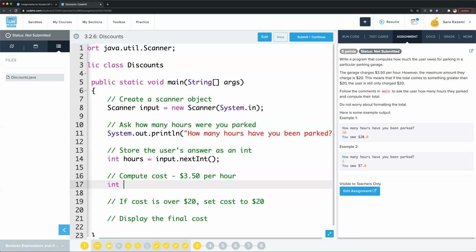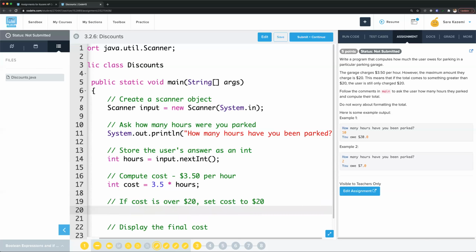So first, let's compute the cost. So I'm going to say int cost gets, so it's $3.50 per hour. So I'm going to say 3.5 times the number of hours that the person stayed in the parking lot. So that's going to be like the raw cost, right? But remember, if that cost is over $20, we want to scale it back down to 20. So here's our actual logic part. We're going to see if